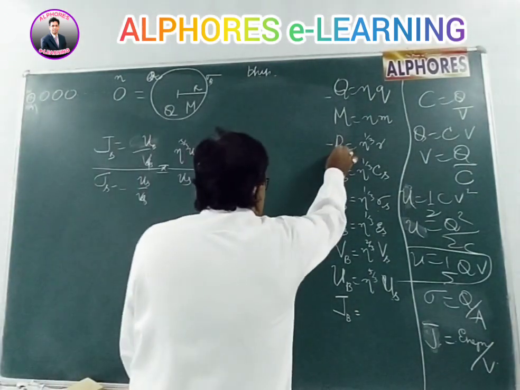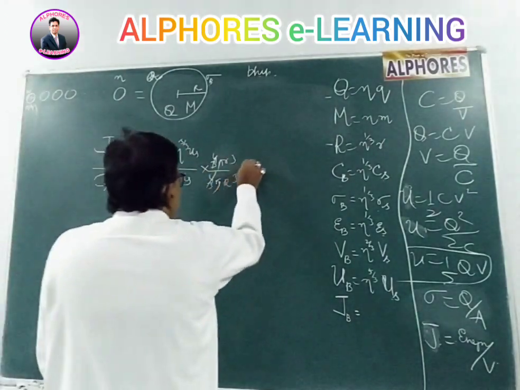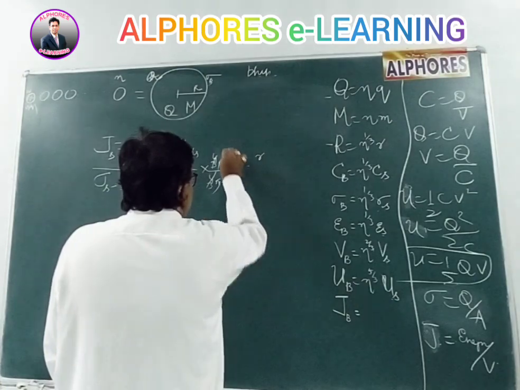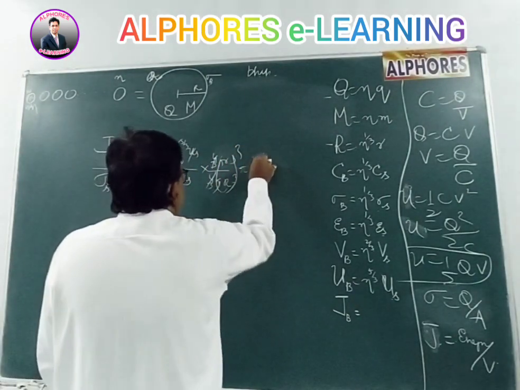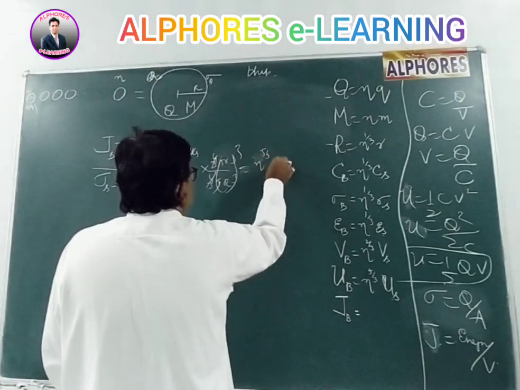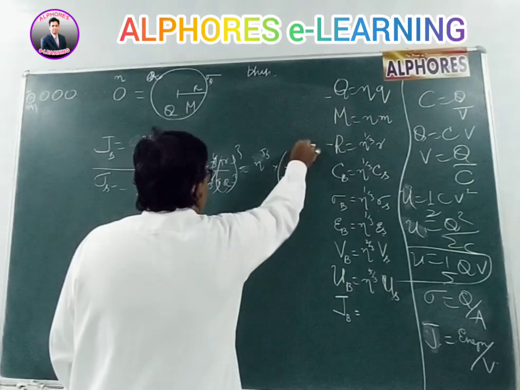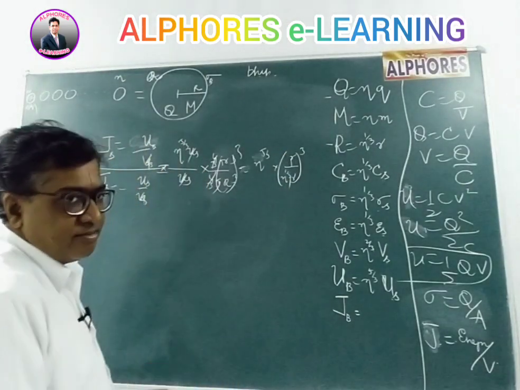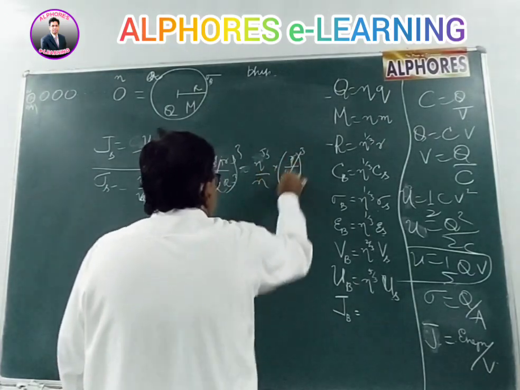I was telling you capital R, shape, size, all that depends on that. So therefore capital R is n power 1 by 3. This is small r by capital R whole cube, shall I write? So this is cancelled, it's n power 5 by 3 into small r by bigger one is n power 1 by 3 small r whole cube. These two will get cancelled.